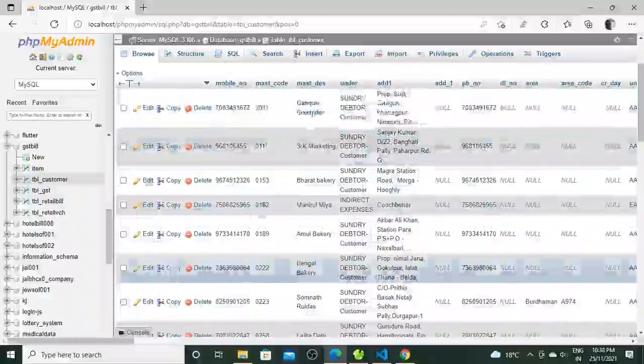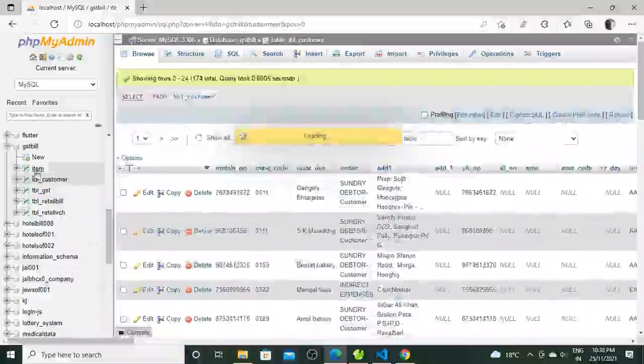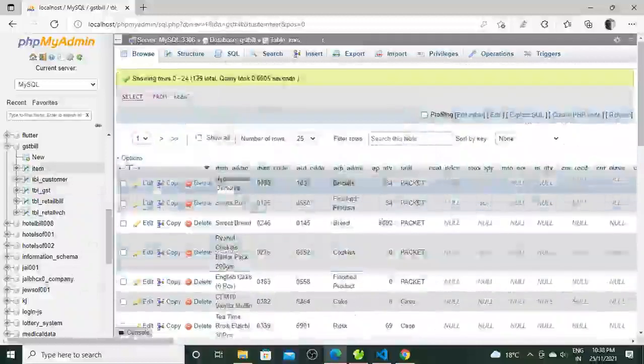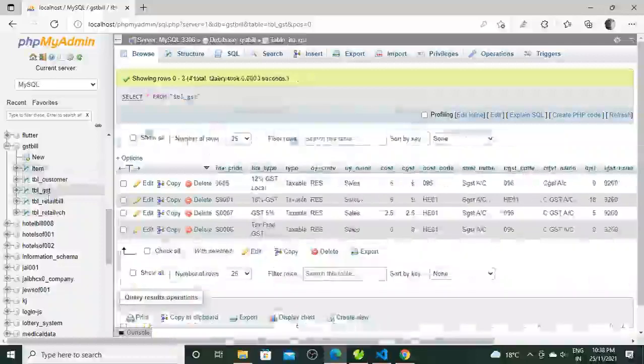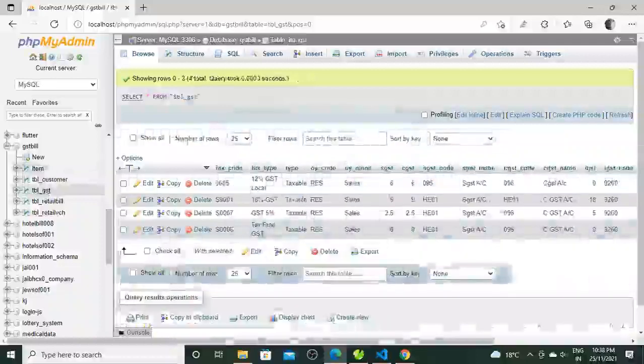But we already have some customers in the table, and also we already have some items in that item table, and